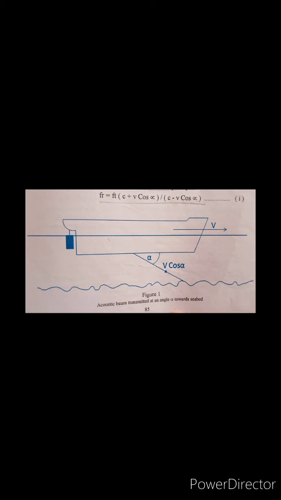Now let's move forward. If the waves are transmitted directly towards the seabed, like instead of 60 degrees we send the signal at 90 degrees, perpendicular to the seabed, then there will be no Doppler shift and the transmitted and received frequency will be the same. This is because the component of the ship's speed towards the seabed is 0. Instead of V cos alpha, we would take V cos 90. So let's move forward. I'm going to derive some expressions with Doppler shift, and also deal with Janus configuration.